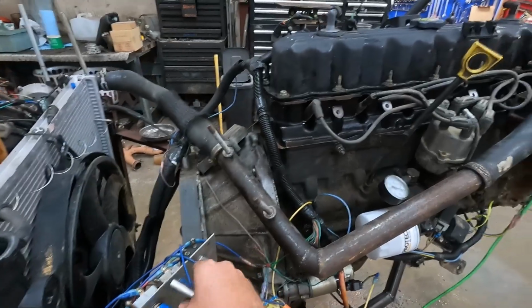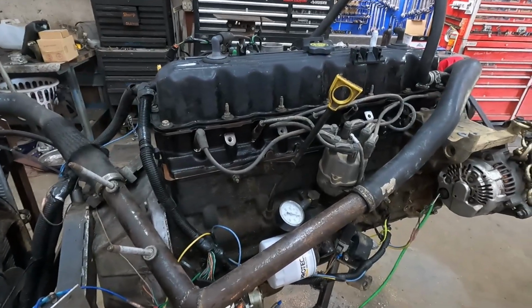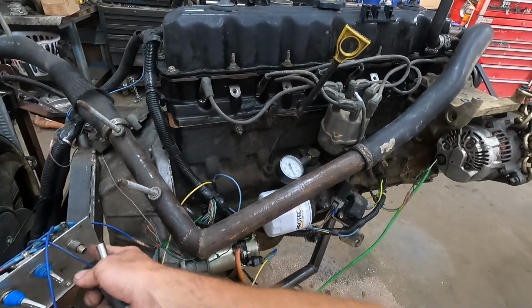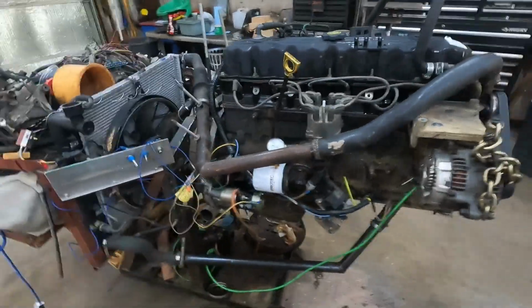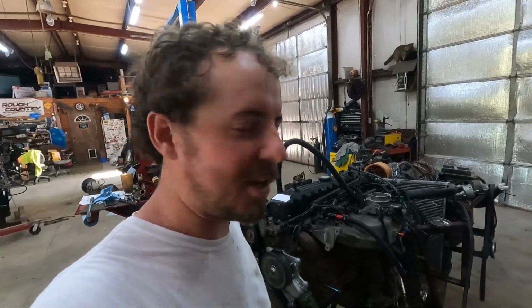So, this first fire up. Never know about the injectors and stuff. They're just dumb out of the